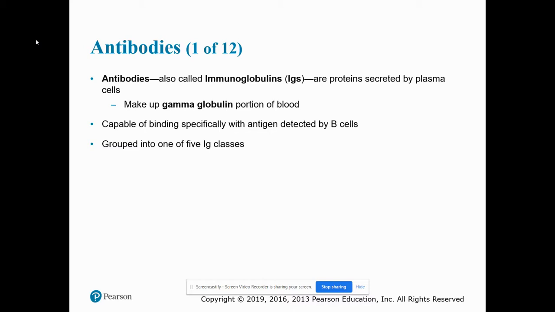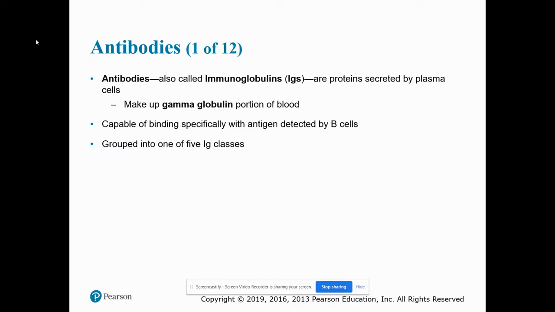Remember that we've been talking about humoral immunity and the B cells, and the B cells differentiate into either plasma cells or memory B cells, and those plasma cells make antibodies, and that's exactly what we're talking about. And this makes up the gamma globulin portion of the blood. It's capable of binding specifically with an antigen detected by B cells,